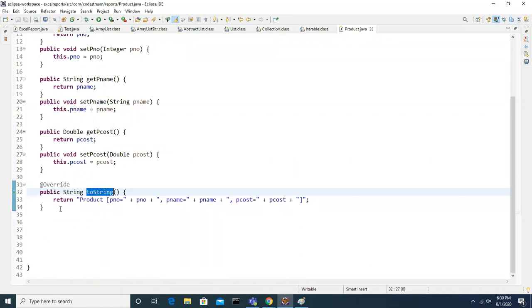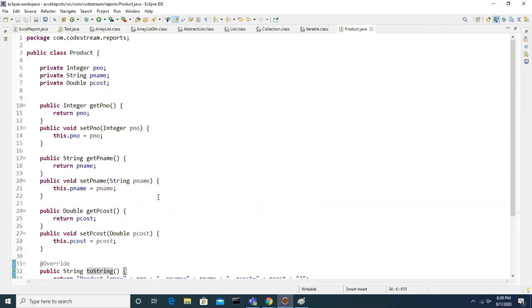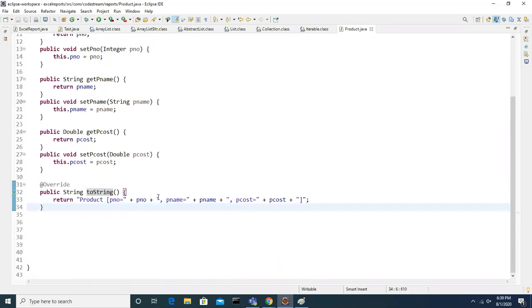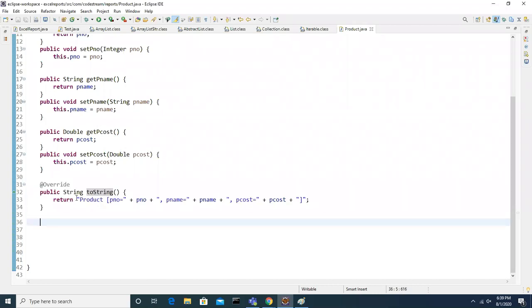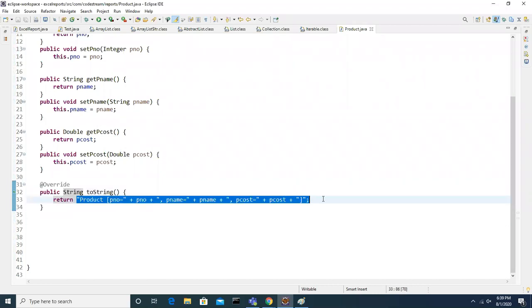We can call it method overriding, not method overloading. So we are just trying to override the method. If I don't write that, it will execute the superclass method. If I override it, it will execute this one, with my own logic to display.